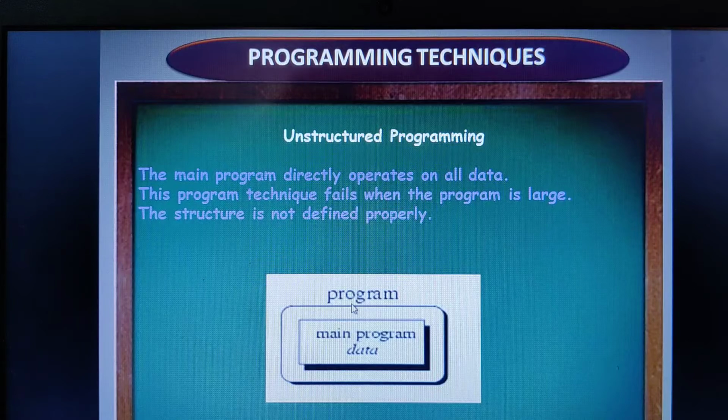That means, suppose I write a program for arithmetic operations: subtraction, addition, multiplication, division, modulus operation. Every operation could be written only within the one main program itself, so that the data could be easily modified globally. So the main program will directly operate on addition, subtraction, multiplication, division.